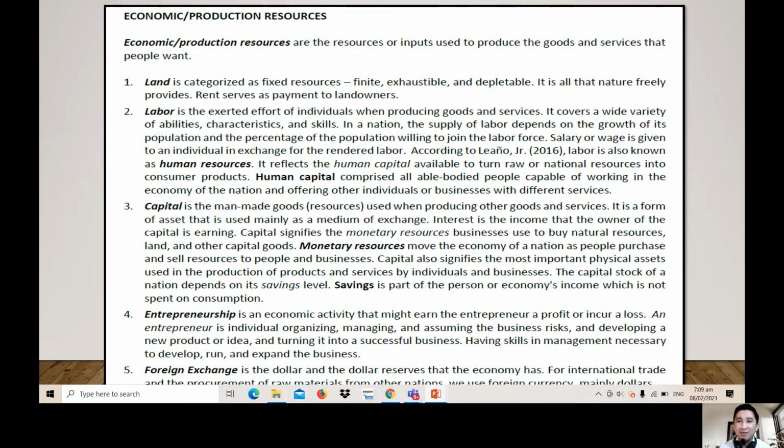Okay? So salary or wage is given to individual in exchange for the rented labor. According to Lianio Jr., 2016, labor is also known as human resources. It reflects human capital available to turn raw material or natural resources into consumer products. Human capital comprise all able-bodied people capable of working the economy of the nation and offering other individuals or businesses with different services. So that is labor. Okay? So noon,